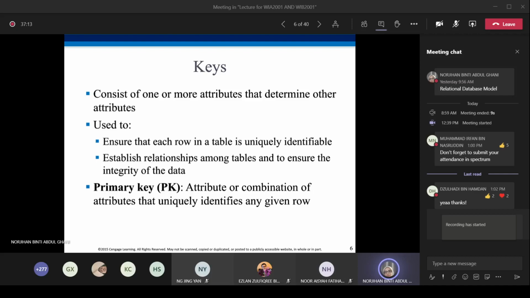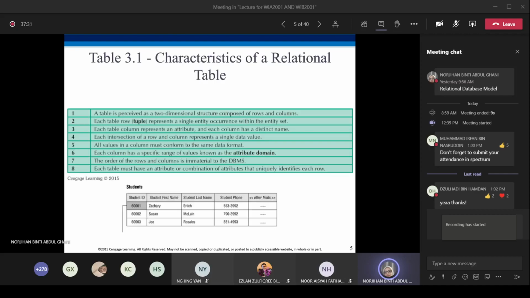What is a primary key? A primary key is an attribute or combination of attributes, so it can be one or more than one, that uniquely identifies any given row. If you look at this student table, what are the possibilities for the primary key?